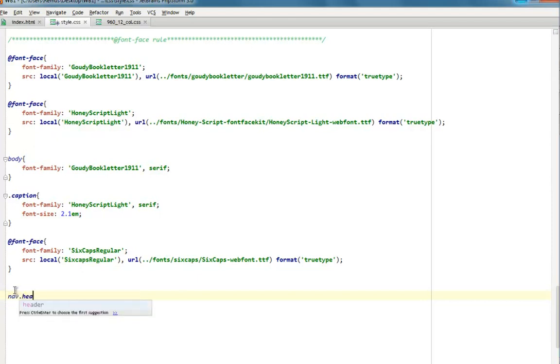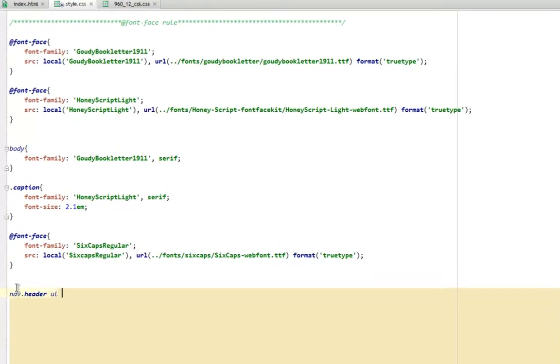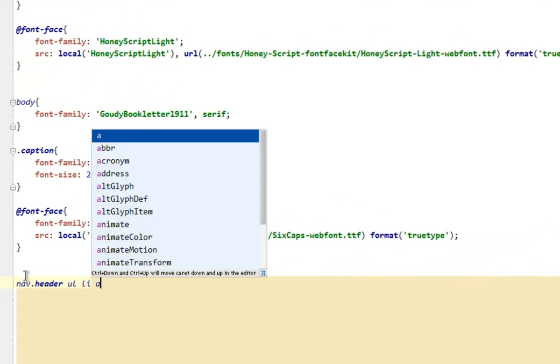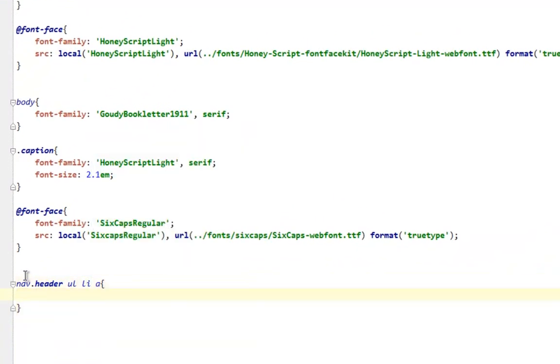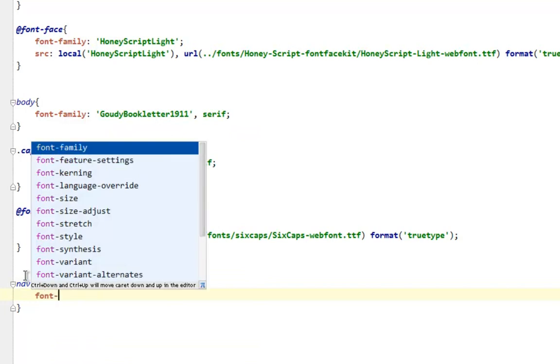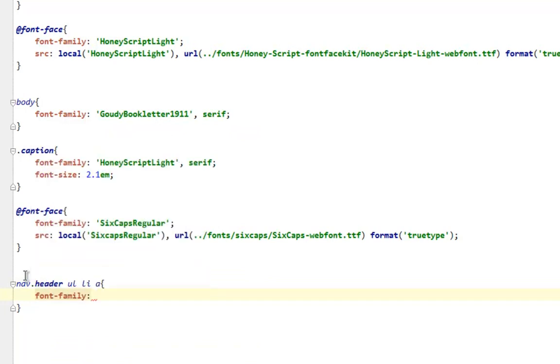Nav with a caption of nav, header with a class of header, ul a, font-family, don't forget the single quotes, Six Caps Regular,